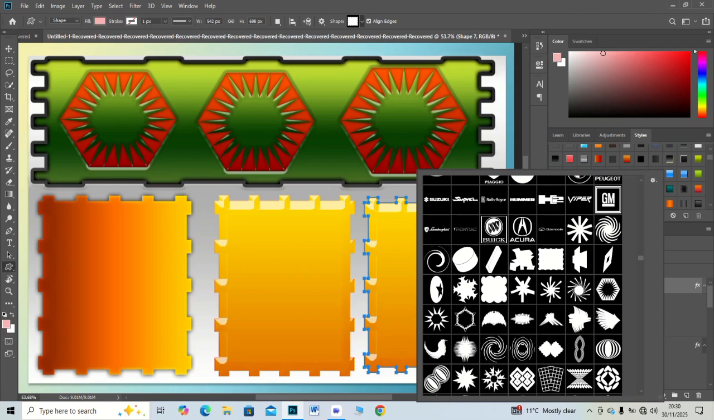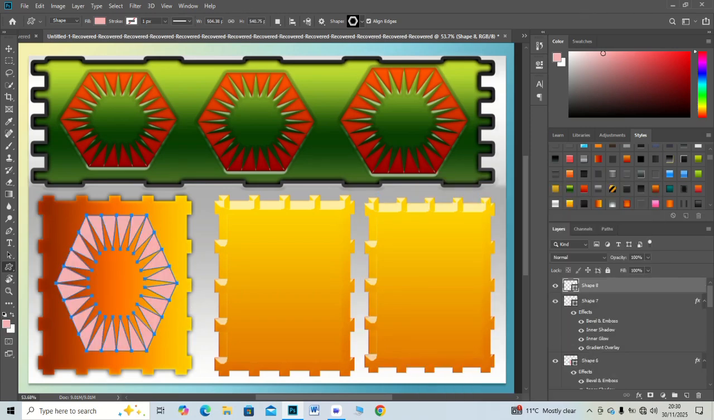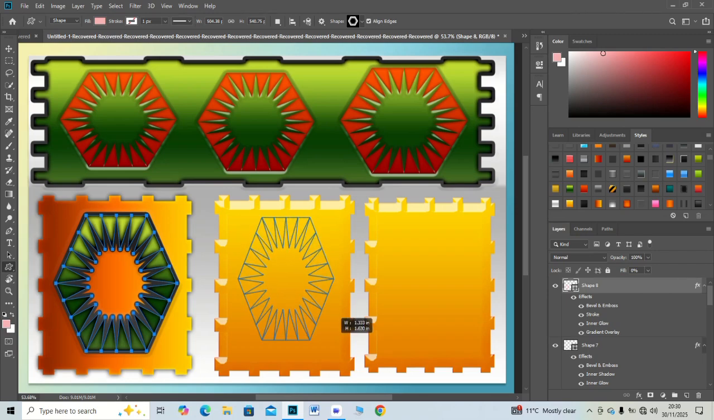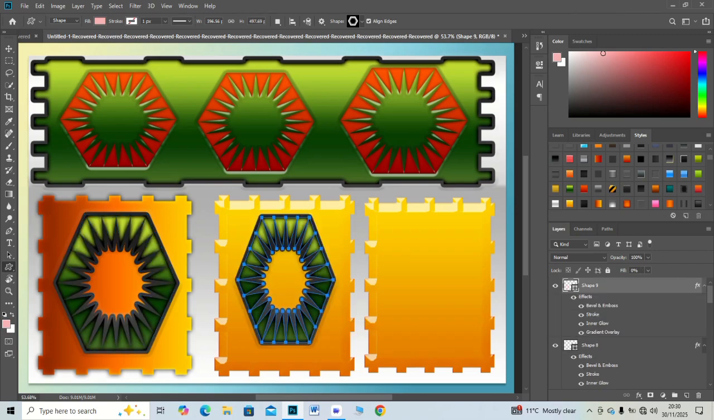Now move toward the distributions option right beside them. These tools help you equalize spacing between multiple subjects. If your shape